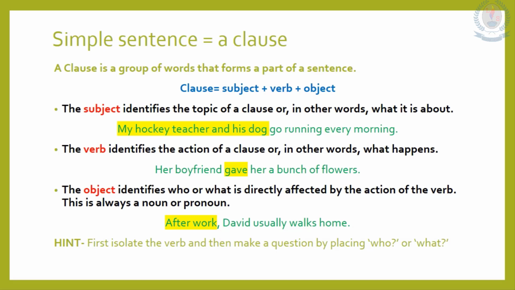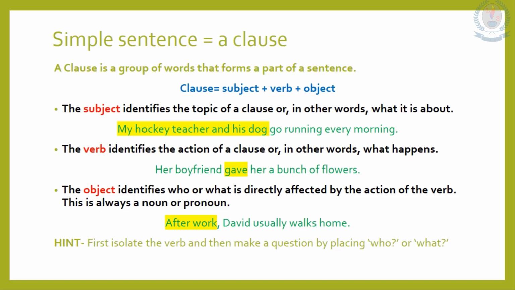Your subject would be the boy. The boy, right? Who's doing it? The boy is doing it. What is the boy doing? Is your verb. Eating. The boy is eating. What is he eating? Your object. The boy is eating the chocolate. So, do you understand? Subject, verb, object together forms a basic or a simple sentence, also called a clause.